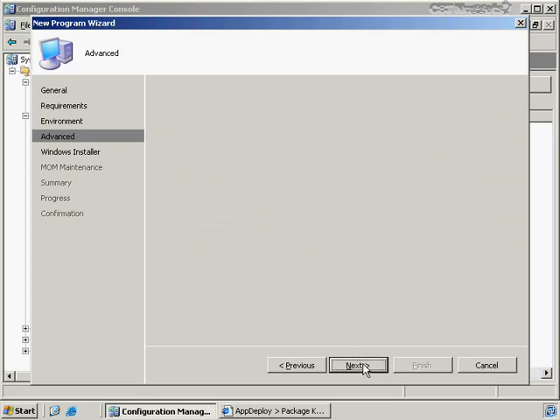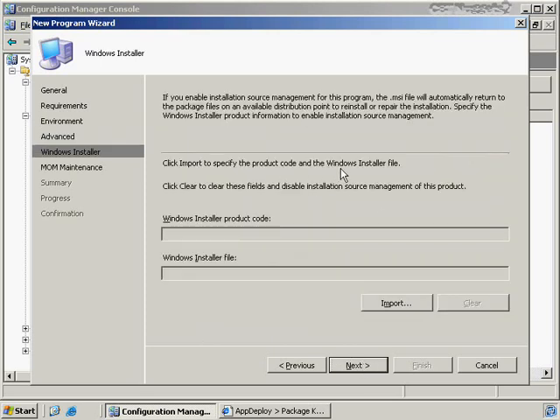if we're wanting to do more advanced ways of deploying software out to our clients. We click Next here, and we can choose whether or not we want to implement product codes from the Windows Installer, from the Windows MSI file. If we're deploying this package as part of an MSI file, we can actually include the product code and the installer file here for maybe repair actions. If the self-healing components of Windows Installer need to go through and make some fixes to an installation that has